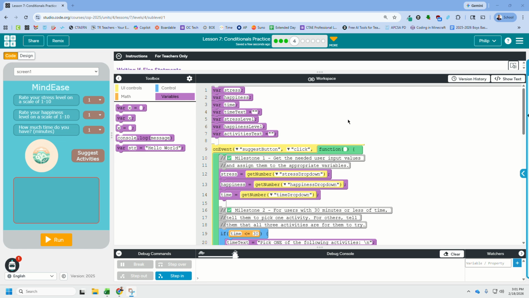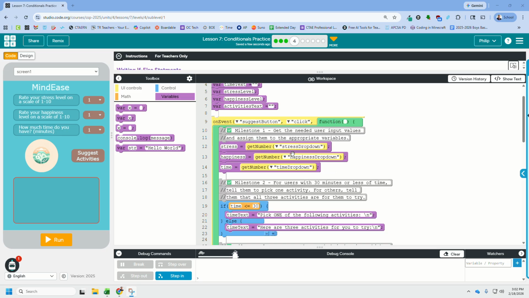Okay, we are in Code.org Unit 4, Lesson 7. This is a quick walkthrough and review of practice A, which is the MindEase app. I went ahead and did some of the early milestones, particularly milestones 1 through 4. They were pretty short and sweet, so just to run through and recap what was done there for